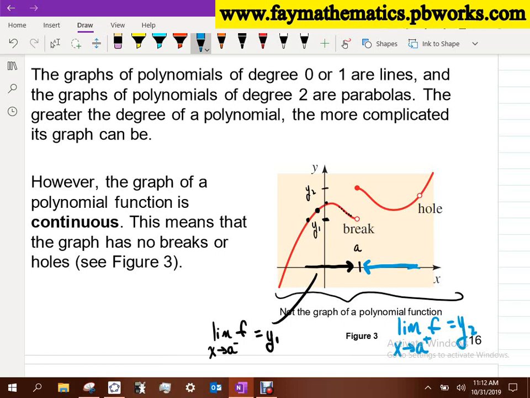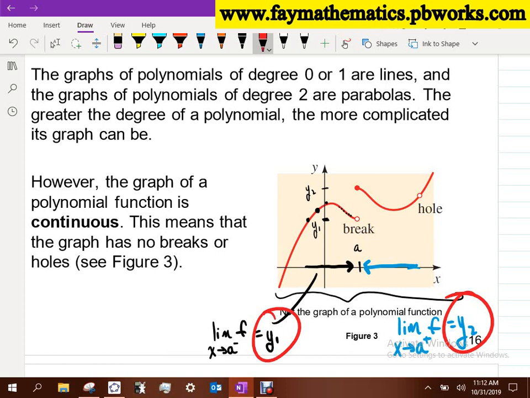Okay, the idea is if those two numbers are the same all the time on the graph, meaning no matter what A value I use, I get to the same y, then we have what we call continuity. If they're different, and that's what we're seeing right here, that means we are discontinuous. Does that make sense? It means there's two different y values that I'm approaching here from the left and